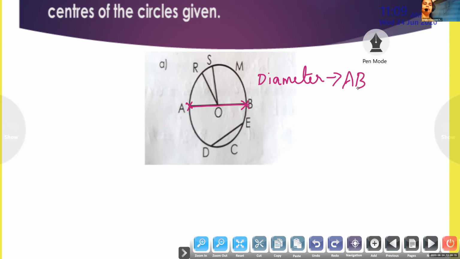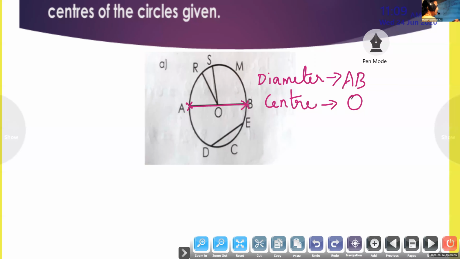All the children, please pay attention on the board. Now we will discuss all the answers on the board after some time. After the lesson, you will do everything alone. Okay. Now, Lionel, tell me the center. Very good. Children, please pay attention that all the letters should be capital letters. We are using capital letters to name the radius, name the center, everything.